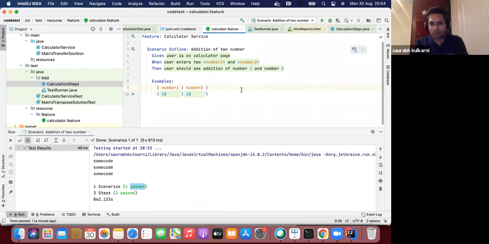So more stakeholders are involved, and the tests are more business driven because it's telling you the user behavior, what the user does. The user comes onto the calculator, what the user does next. Second step of the user, giving input. Third step of the user, seeing the results. So it is more from the customer's perspective or the user perspective rather than the low